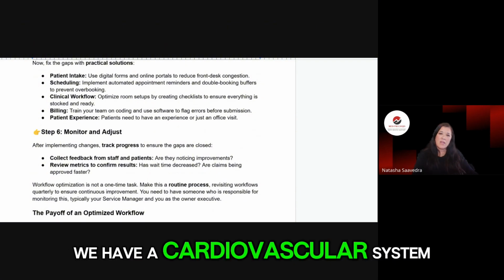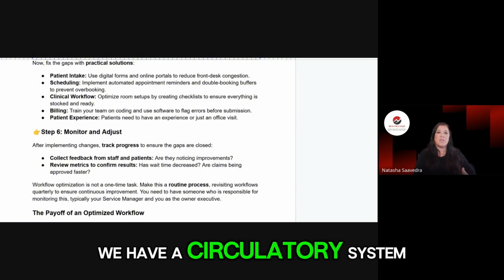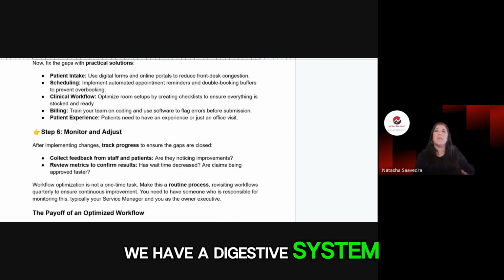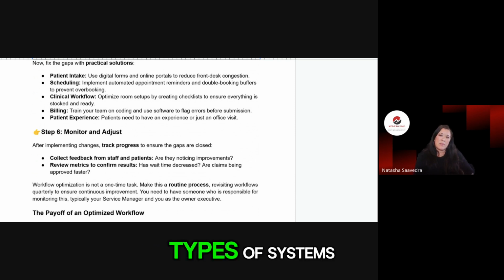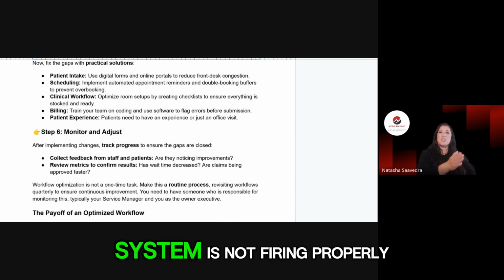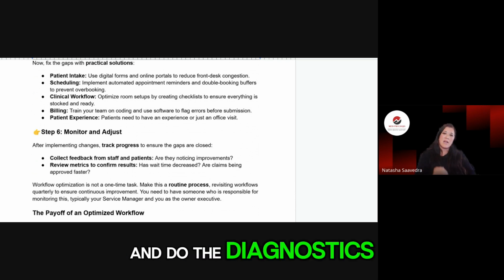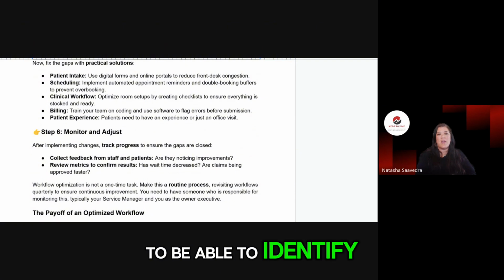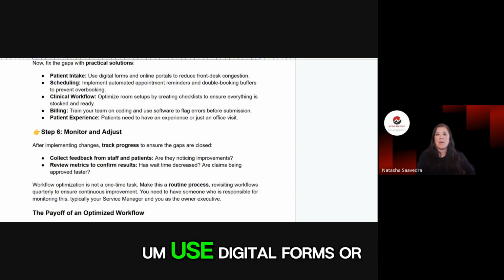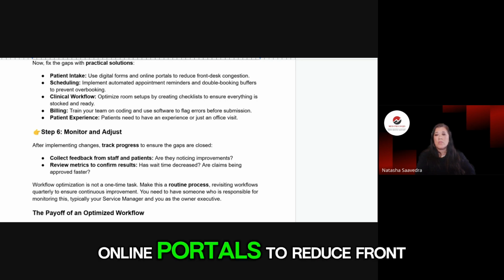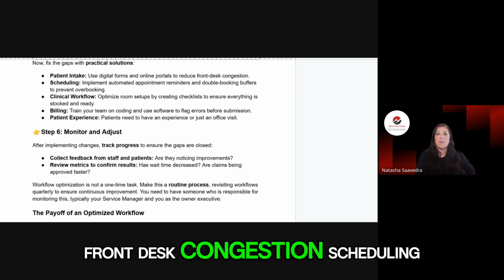We have a cardiovascular system, we have a circulatory system, we have a digestive system. We have all these different types of systems. We need to see which system is not firing properly and do the diagnostics to be able to identify where that's at. So these, again, can be patient intake, use digital forms or online portals to reduce front desk congestion,